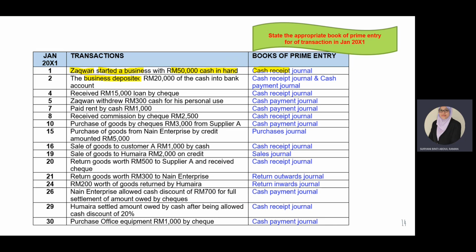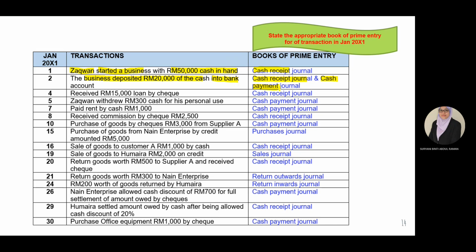Next, the business deposit 20,000 of the cash into bank account. In this transaction, there are 2 transactions involved. One is the receipt of money, so this will be recorded in the cash receipt. And another one is the cash payment of money. So the cash that has been banked in is referred to the transaction to be recorded in the cash payment